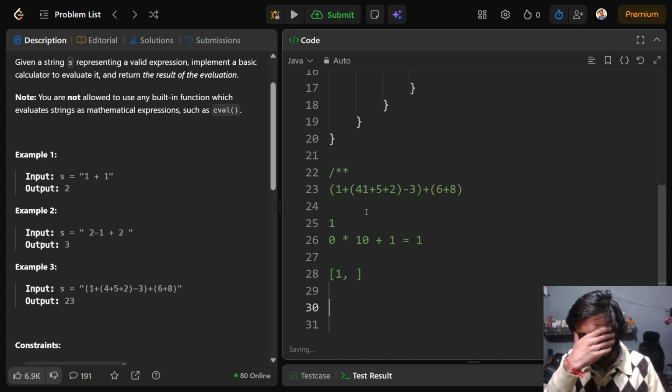Now if this was 11, that means the next number will also be 1, so we get one more 1, and now we... okay,